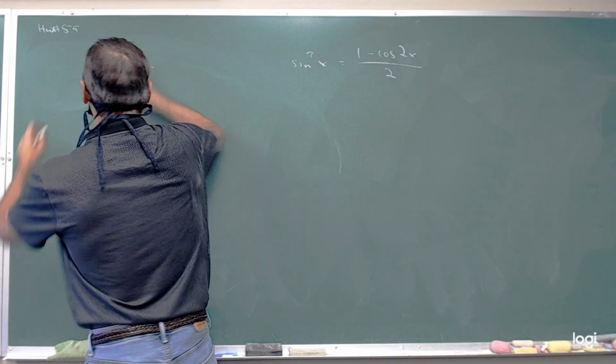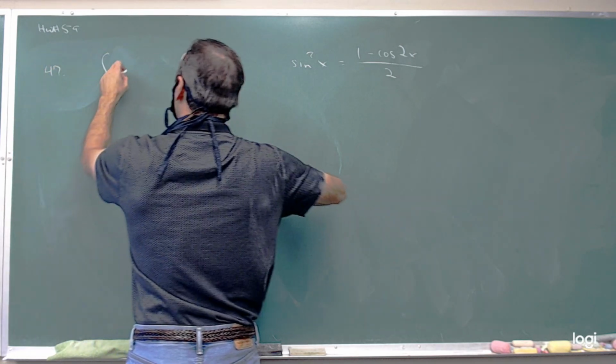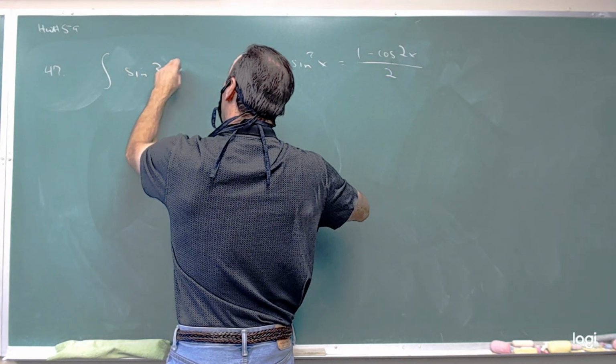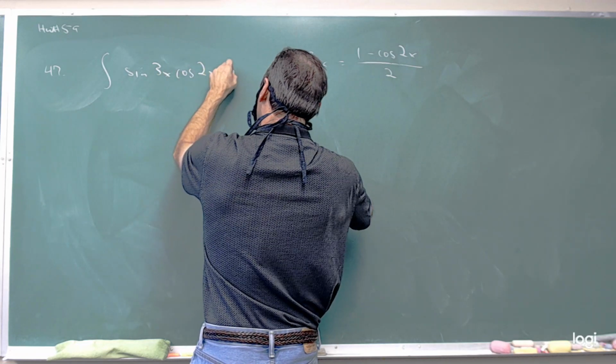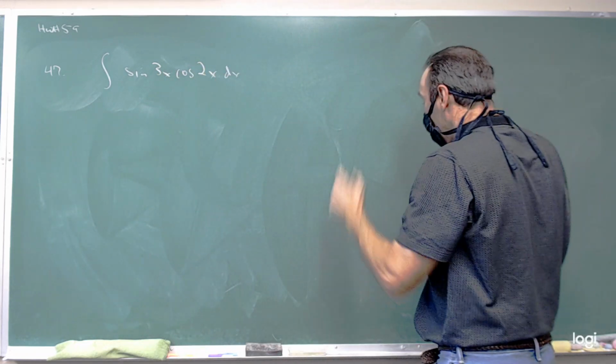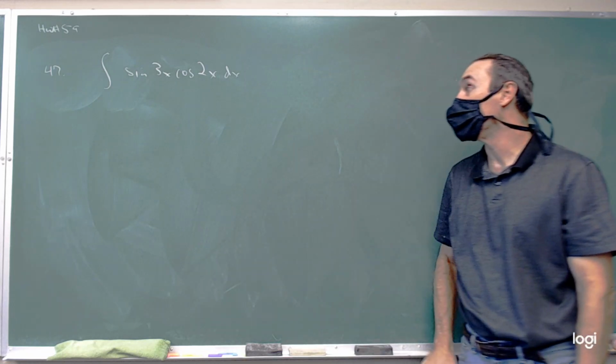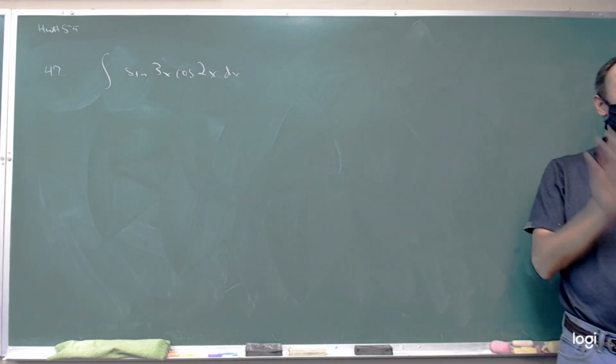I had 47 on the same homework, which was integral of sine 3x cosine 2x. Now this one, this takes us back to another of those formulas we used back in our AP prep days. You have to memorize them. But if you take out that